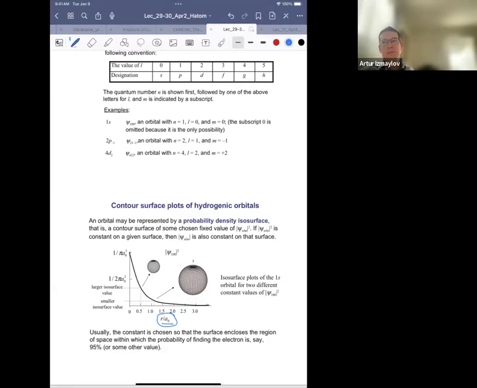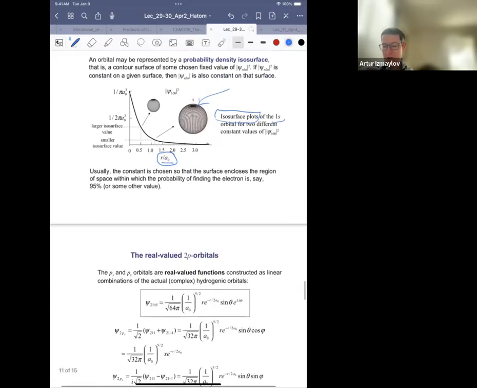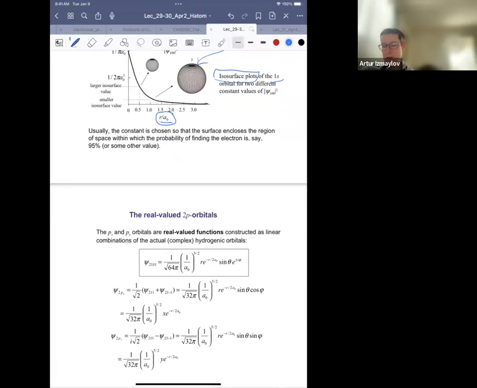And then it's like an atlas. Essentially, you need to have all these maps together, and it's not convenient. But the contour plot is convenient, it gives you isosurface plots. For 1s, it's spherical, and then for other orbitals, say 2p, they are of this